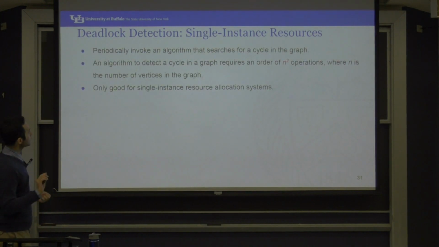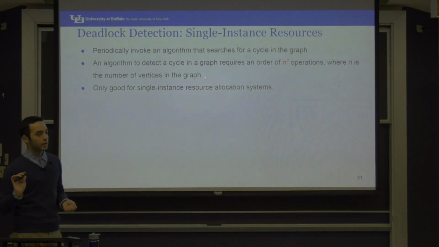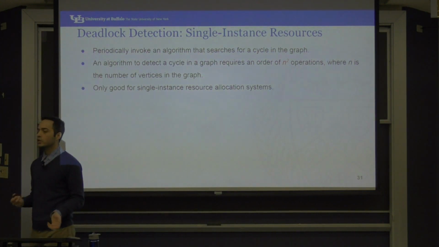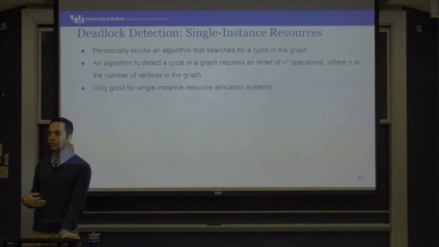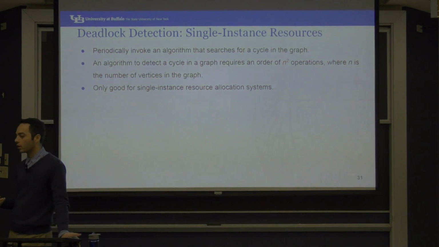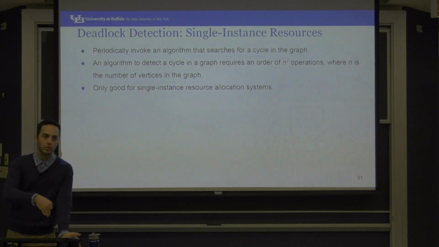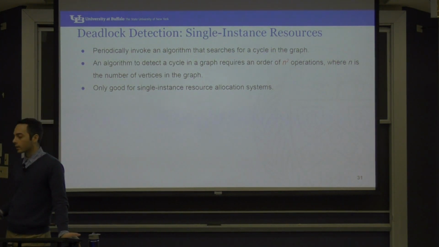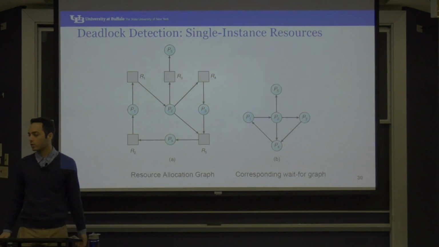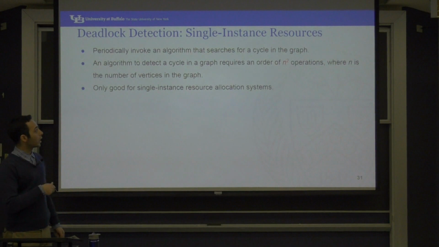Now, the system periodically invokes the same algorithm and searches for a cycle in the graph, which is in the order of n squared. And again, if there is a deadlock, then it goes towards recovery. But this only works for single instance resources. So the next one,